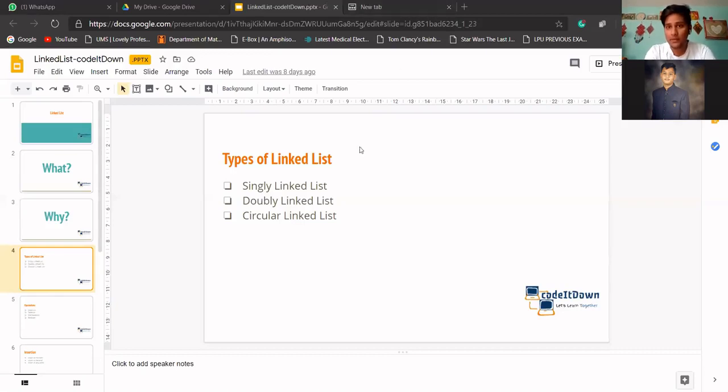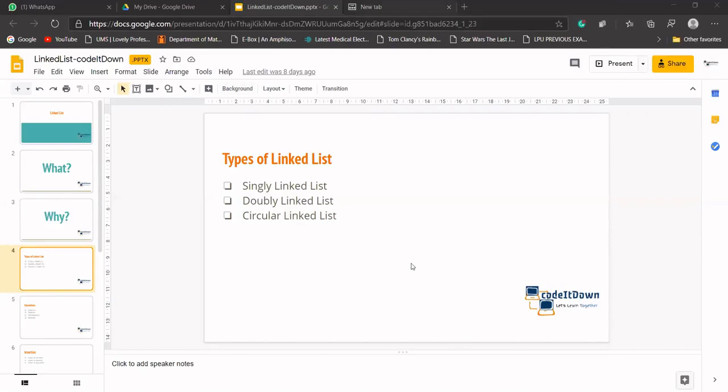So far we have discussed insertion. In this session, we'll discuss the deletion of an element from our doubly linked list. So let me share my board. Okay, my board is visible to everyone. So in this session, we'll discuss deletion from a doubly linked list. Let's create a doubly linked list first.